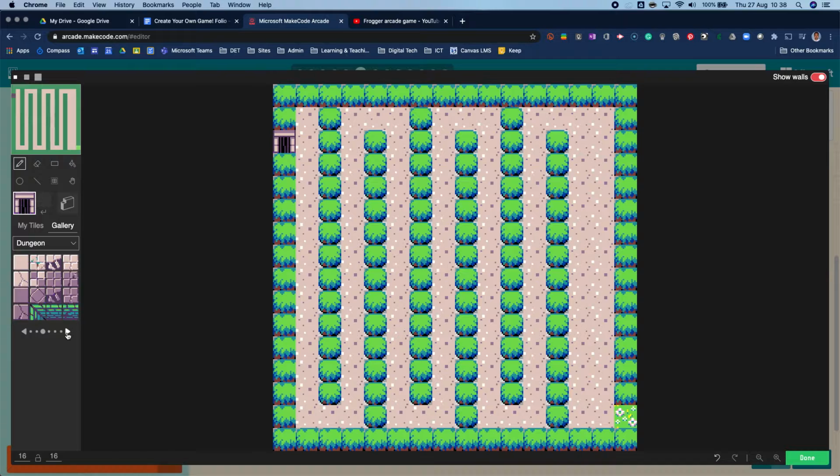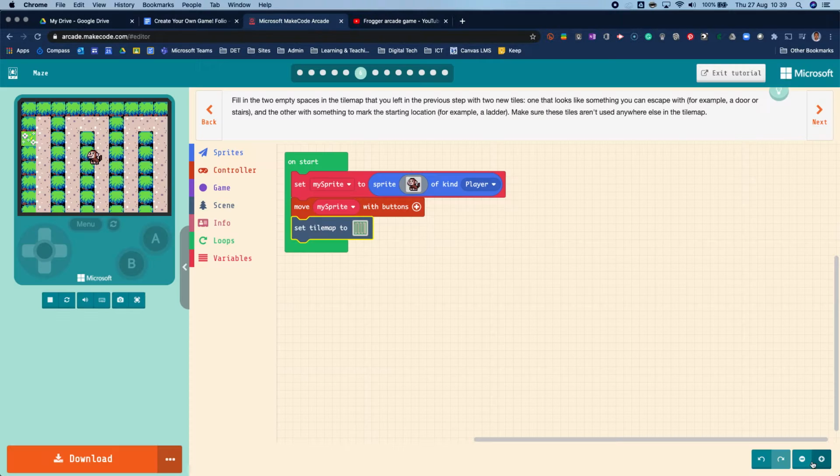Is there anything that looks like a ladder? No. That looks like stairs, I guess. So, door and stairs. There you go. All right, so I've now done that. When I press next,